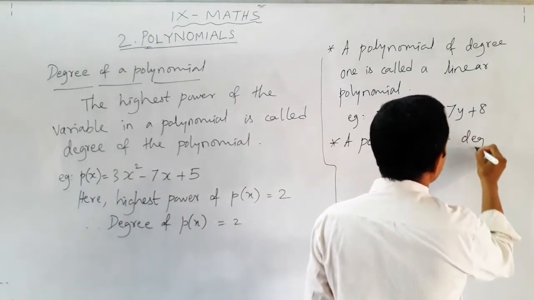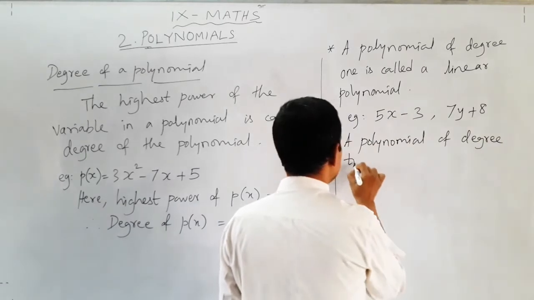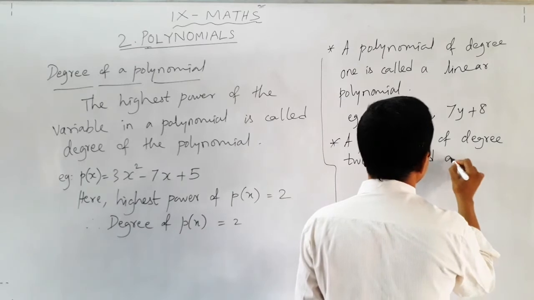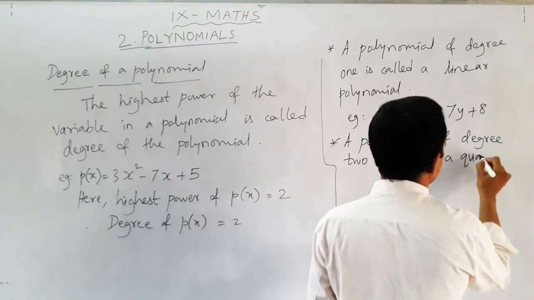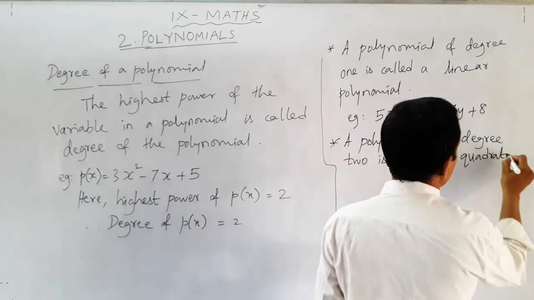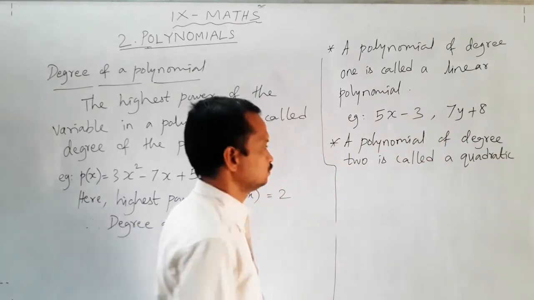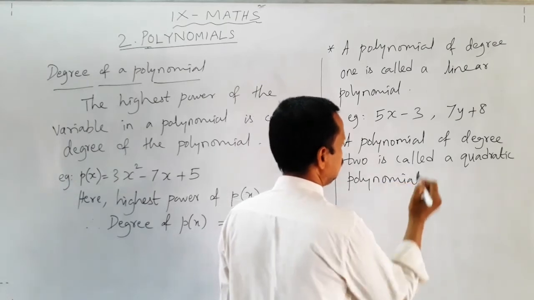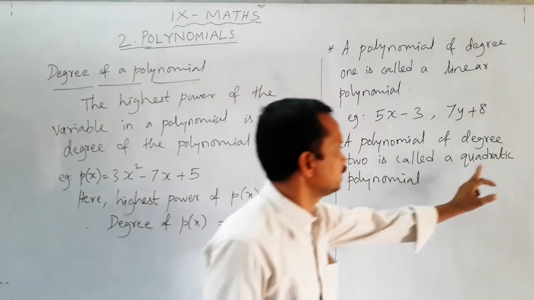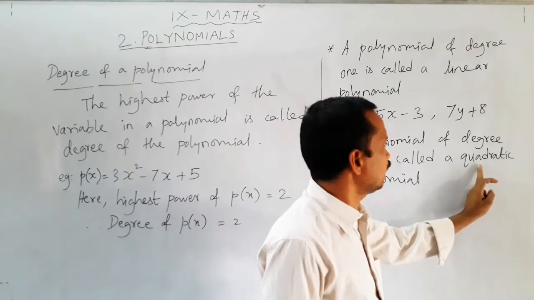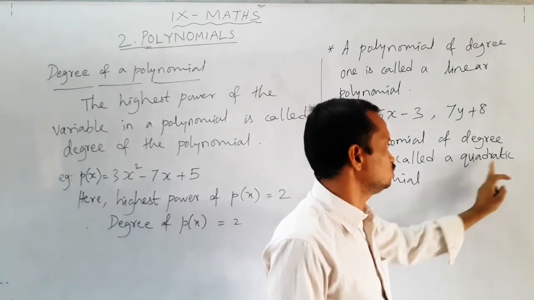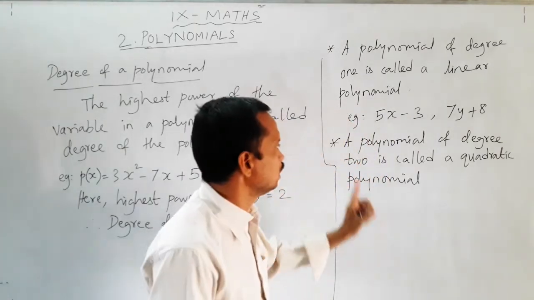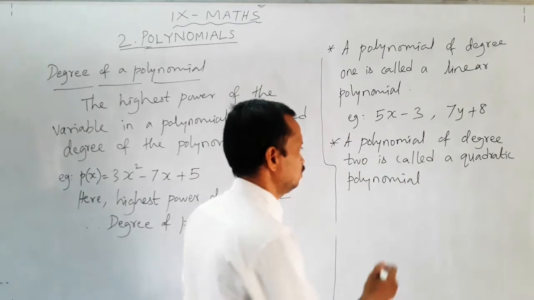And a polynomial of degree 2 is called a quadratic polynomial. The word quadratic, how to spell it? Look here, quadratic, Q-U-A-D-R-A-T-I-C. Okay, quadratic polynomial means a polynomial of degree 2. Example,